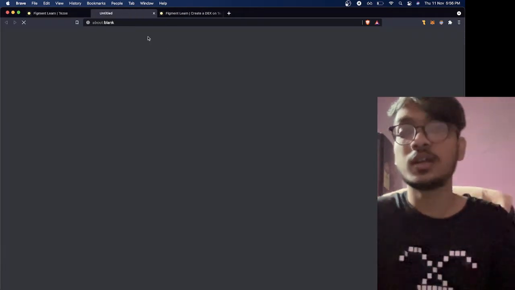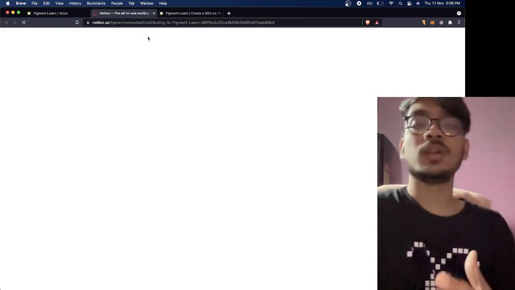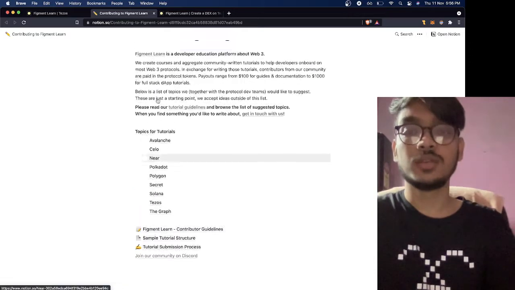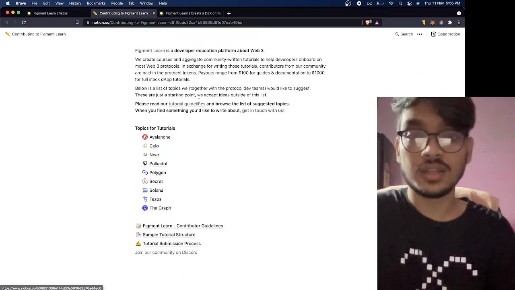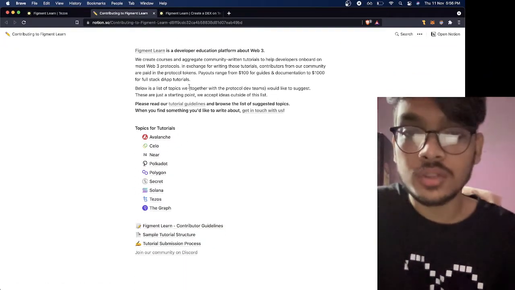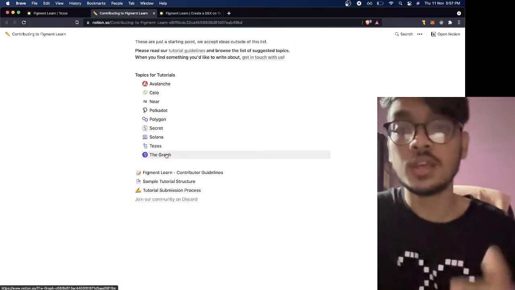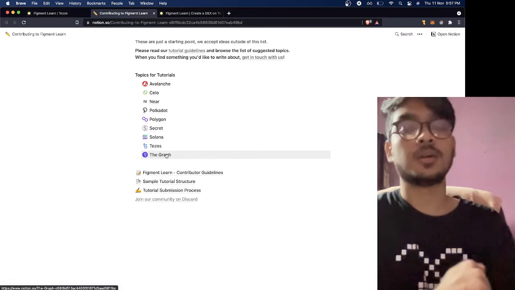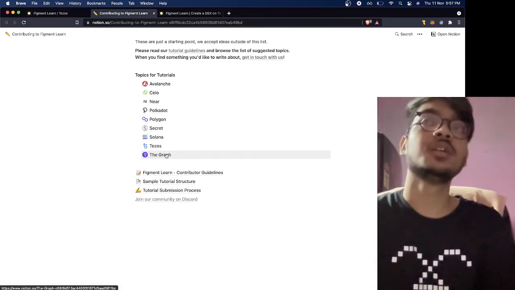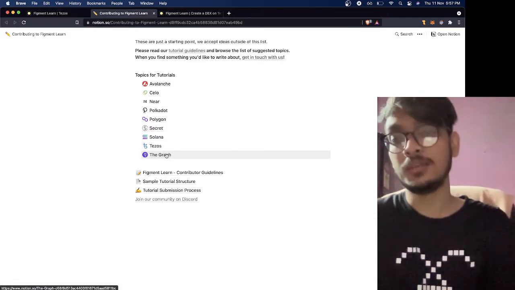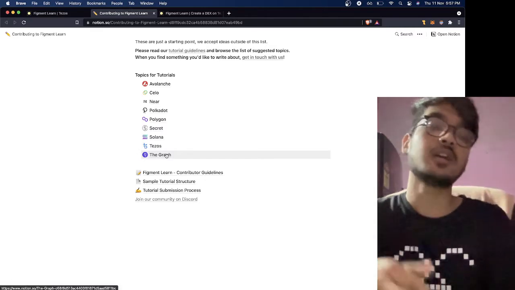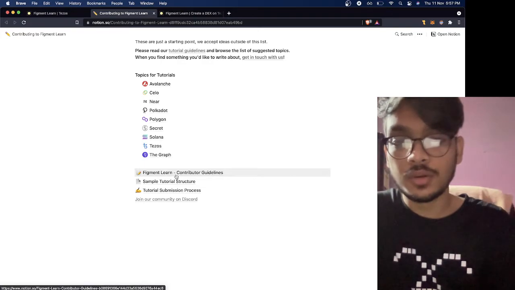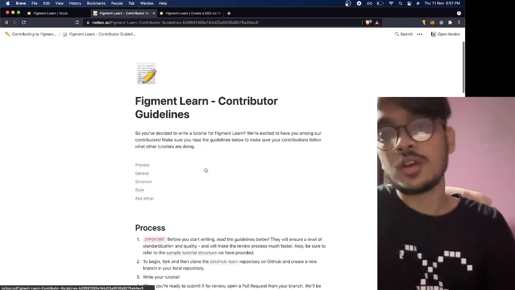So you can click on Get in touch, and it will then redirect you to this platform where they will give you a guide that you need to follow. And also they will give you a link where you need to basically create a blank gist that you need to send them. Then you can start working on your article. So basically if you go here, the contributions guide,